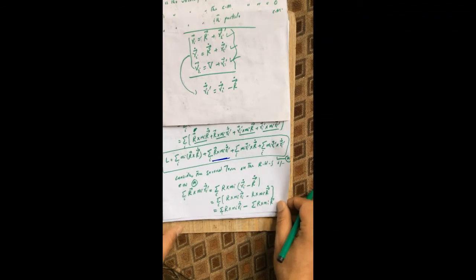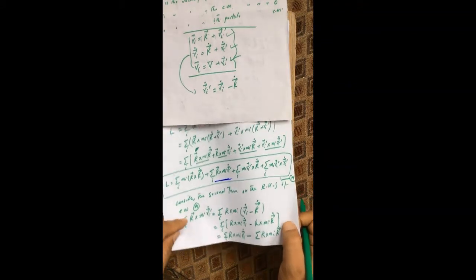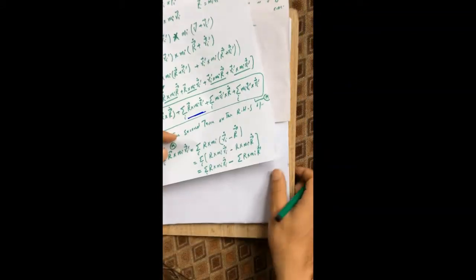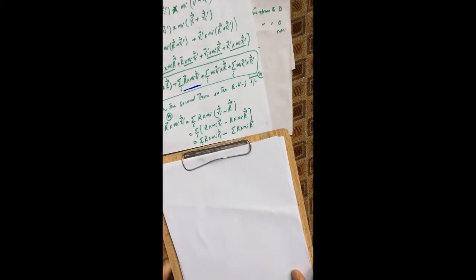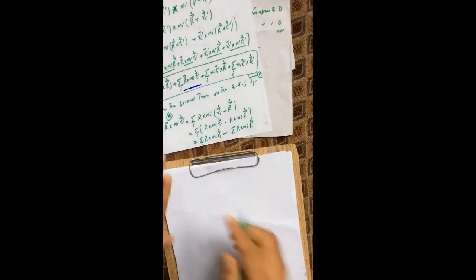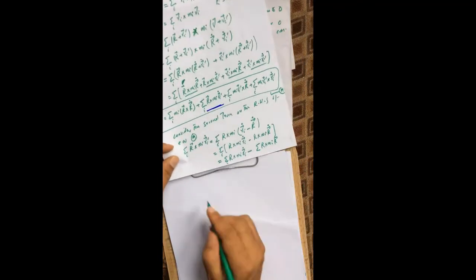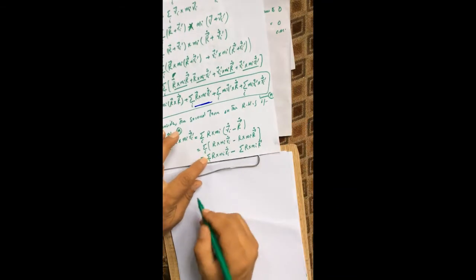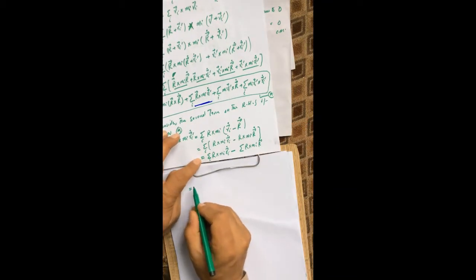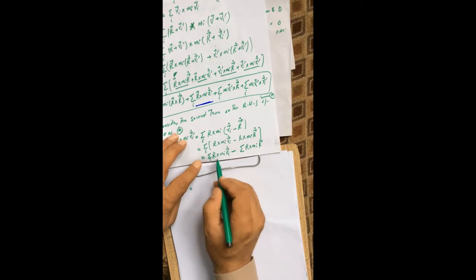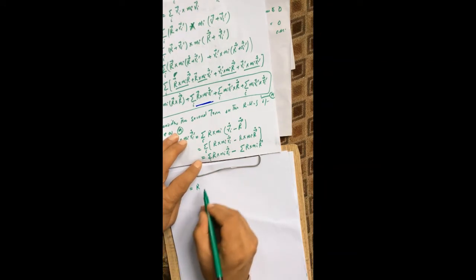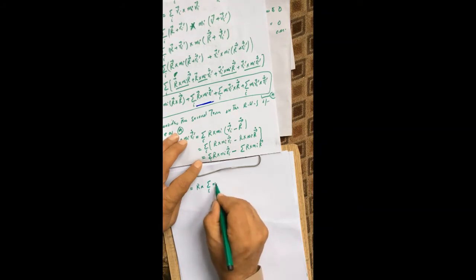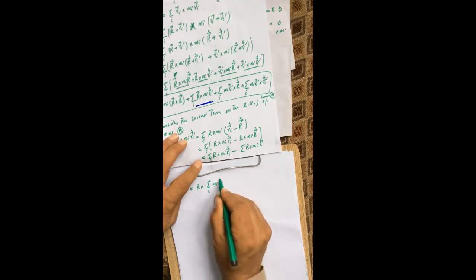Now here I am left with this term. This is equal to, so r is, there is no sum on this r, so I will bring it outside of this summation. So cross sum over I mi into ri dot,